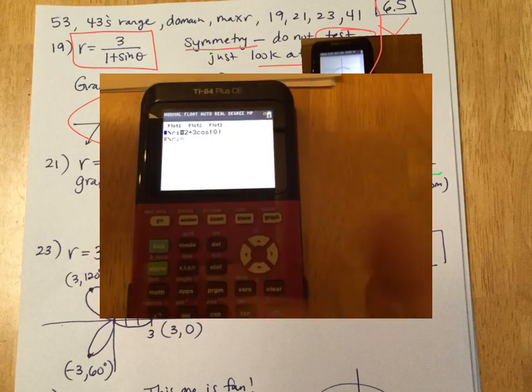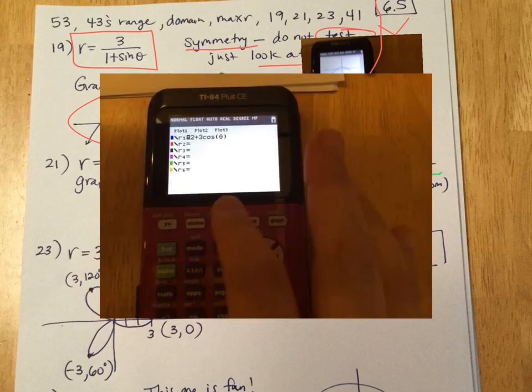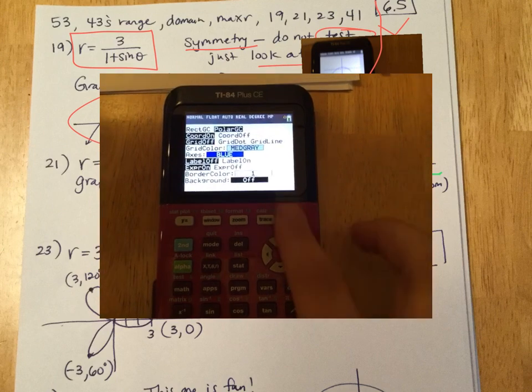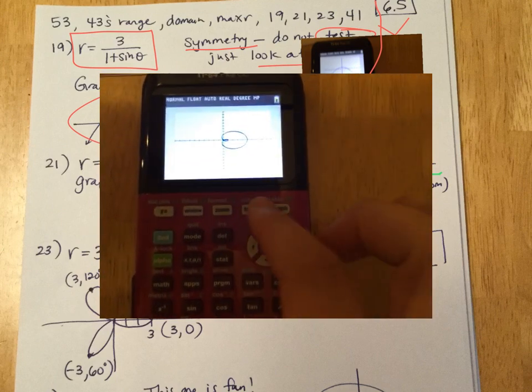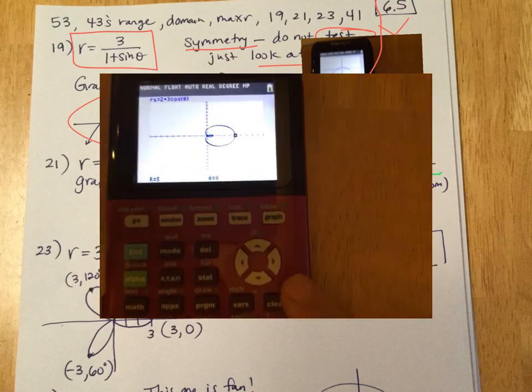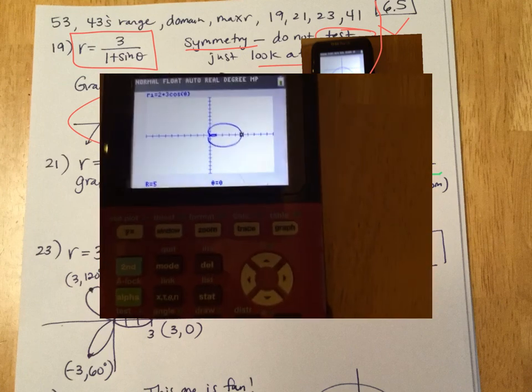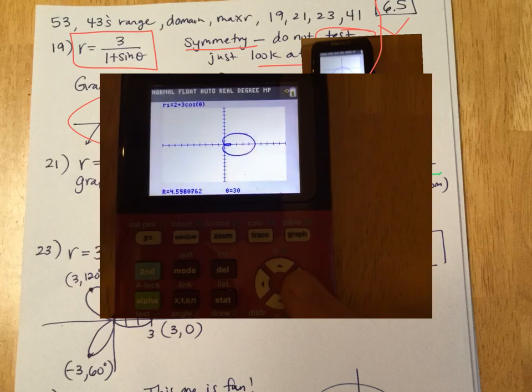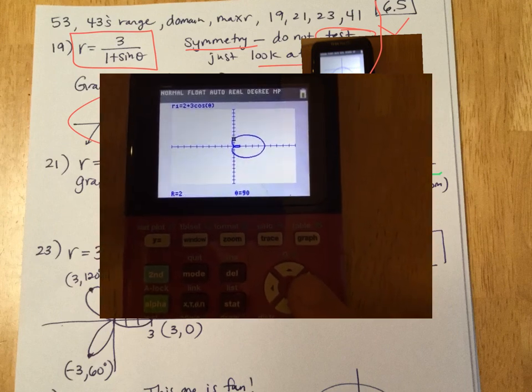So the graph, I went y equals, graphed it, go to Format, change it over to polar graphing, and then there it is. So when you go ahead and you hit trace, right there is my maximum R value. It's 5, and it's at theta equals 0. And if you just arrow around this whole thing, it's really cool